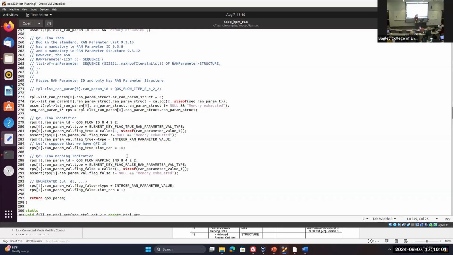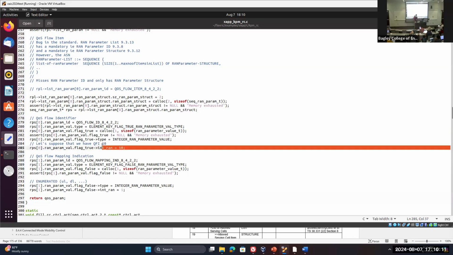Let's say you are representing RRC state without actually encoding it, you can encode the RRC state in this parameter, the one which represents 10. 10 was basically QFI, QoS flow indicator. You can modify this and have that reflect in your RAN system, and then based on that you can modify your